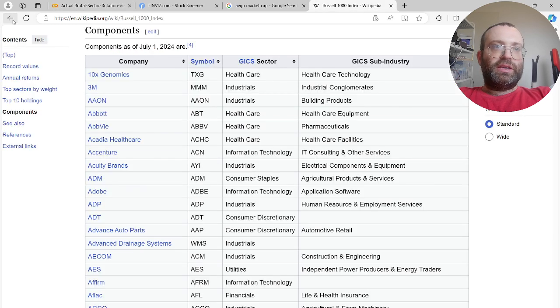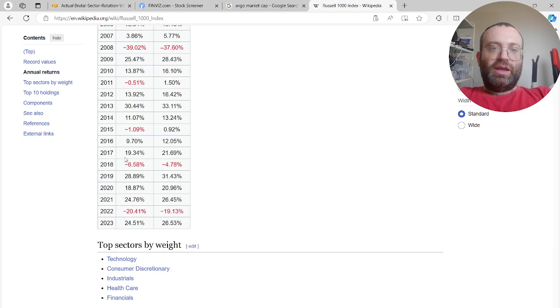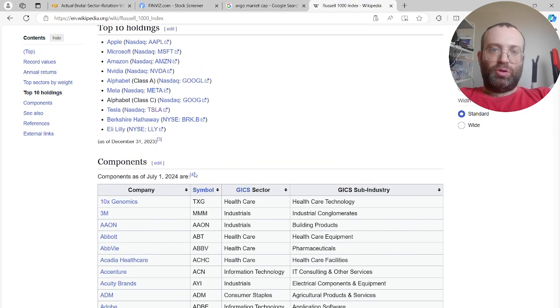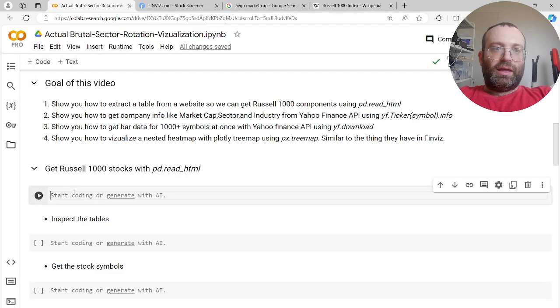So let's say, first thing you do, of course, is you Google, you find the index you want, Russell 1000. You see it has tables and it has the table you want. This is the table we want because it has symbols. So we're gonna use that to get the Russell 1000. So all you do is you copy the URL, and then you do something like,